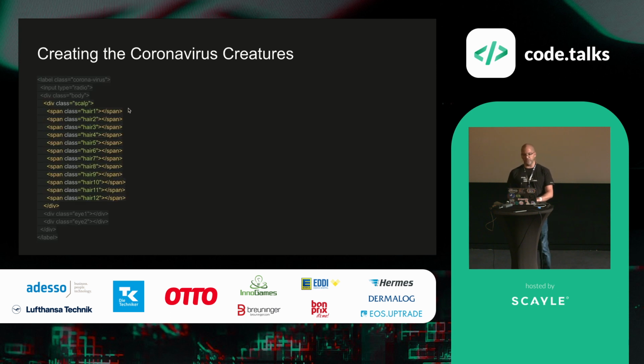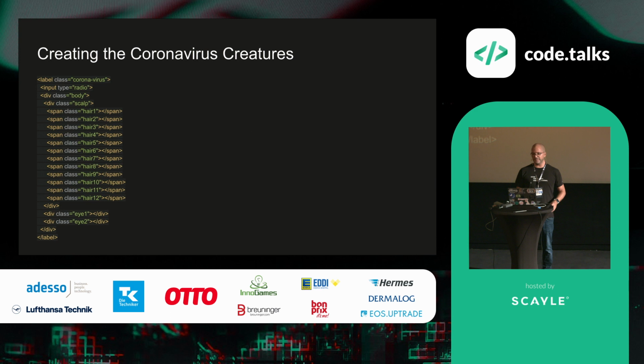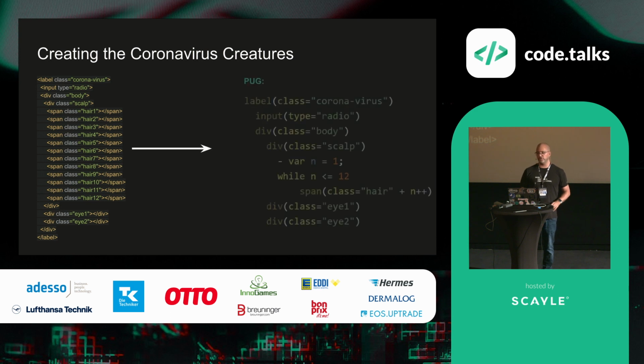And now, instead of doing this repetition, for example, I can write it in Pug. Pug has variables, while loops, and a lot of other stuff. And as you can see, Pug is written really different from regular HTML. It's compiled to HTML, but it's written really differently. When you are working in Pug, you cannot write half Pug and half HTML. You need to write everything in Pug. And this means that I need to update the whole HTML project to the new way that Pug is written.